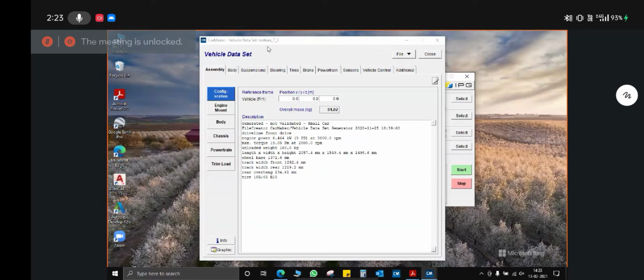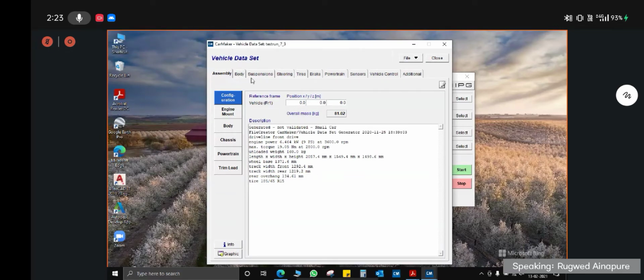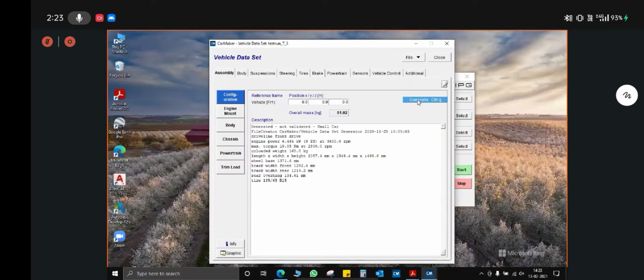In this vehicle dataset, first in the assembly tab, I'll walk you through the different subsystems: assembly, body, suspension, steering, tires, brake, and powertrain, one by one. And this will be in coordination with some of the values that we have already shared in the IPG CarMaker guidelines. So first we'll go to the generator.